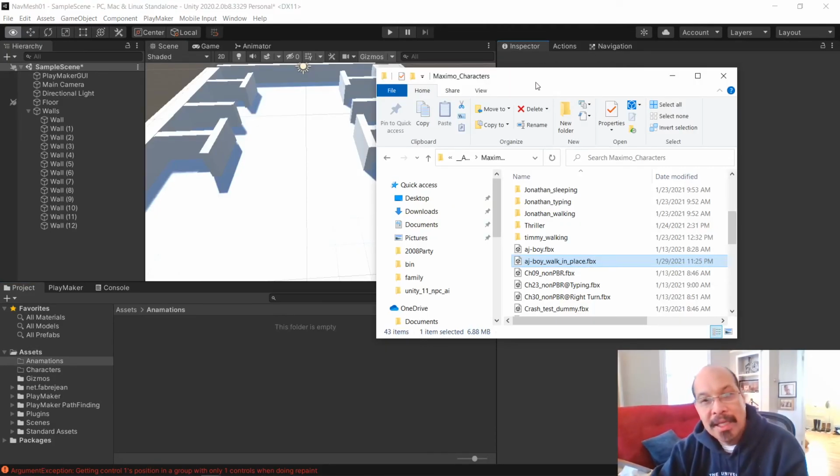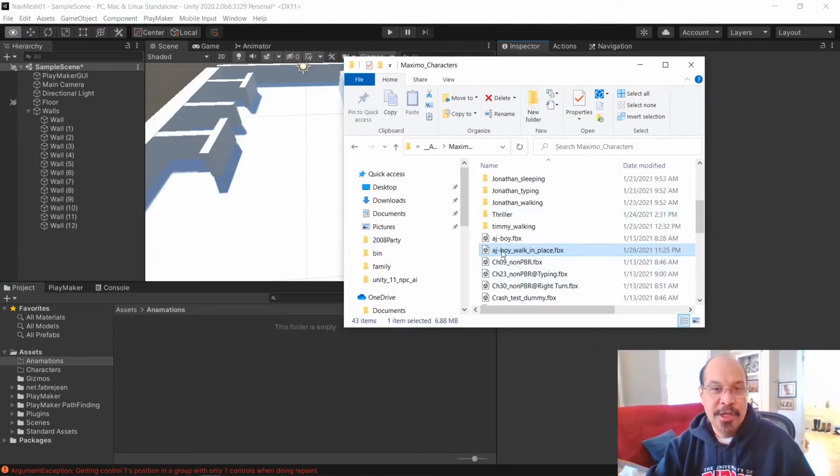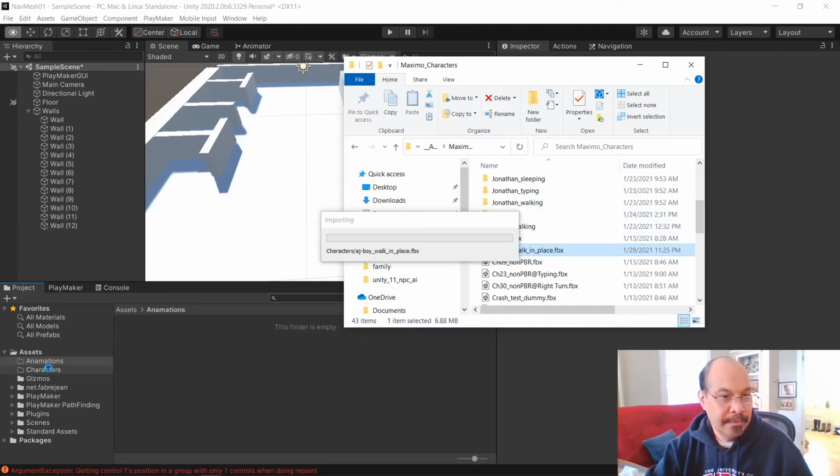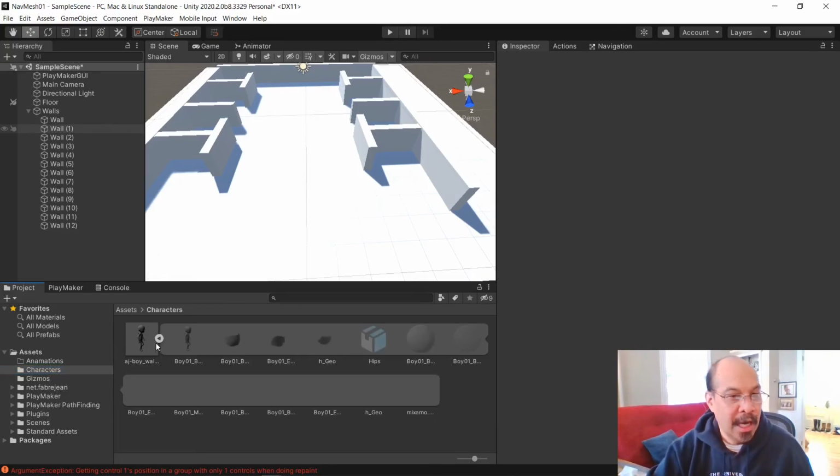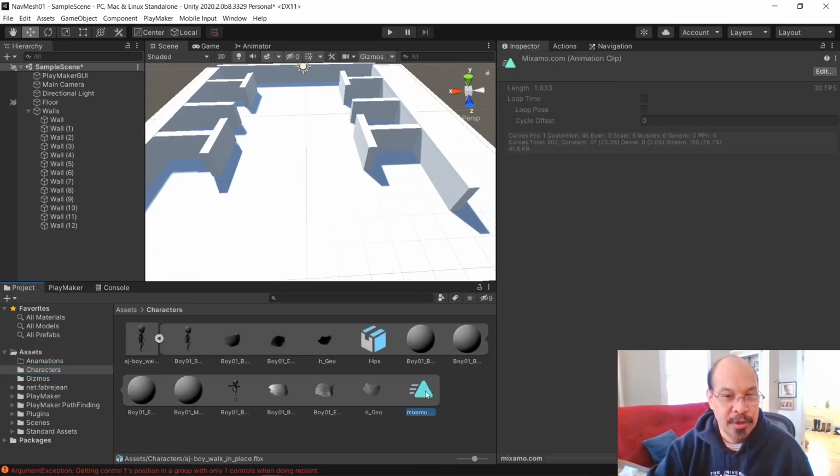So right now I have my little AJ boy walk in place. I'm going to go to my new characters folder and drag little boy into that. If I go to characters, you should see the whole prefab in place. So first thing I want to do is copy the animation that was generated by doing Control D, take that animation, and drag it into the animations folder,